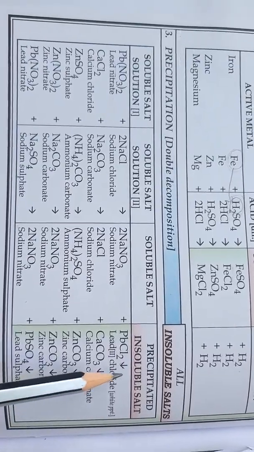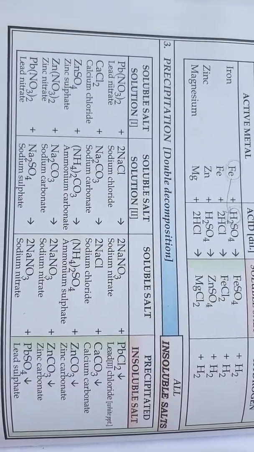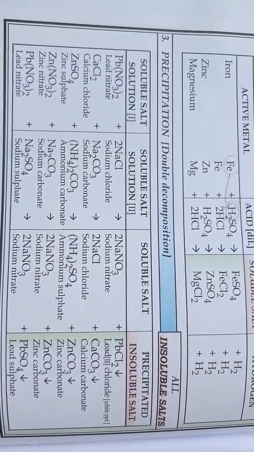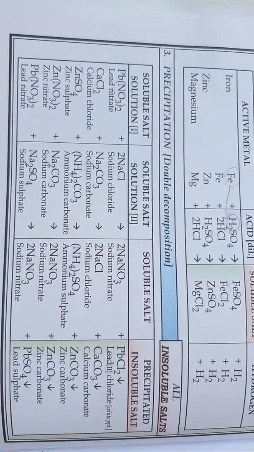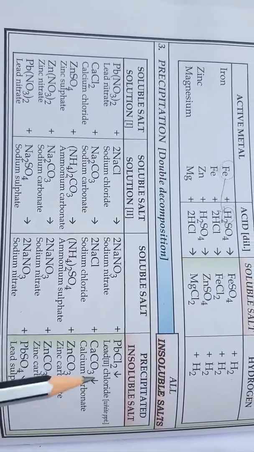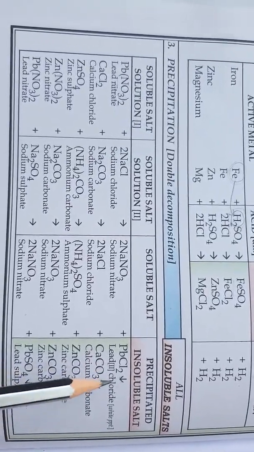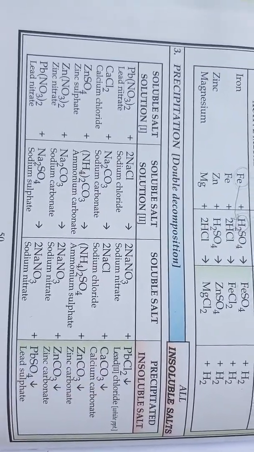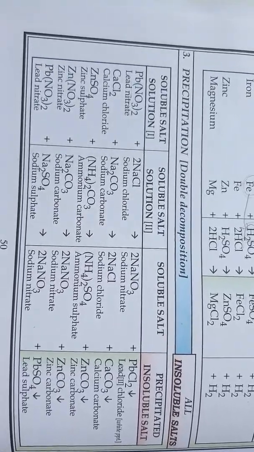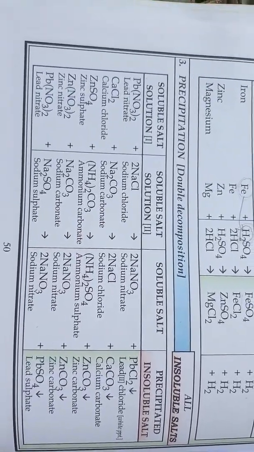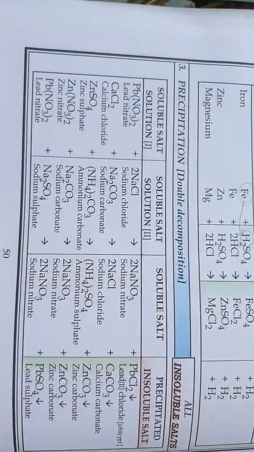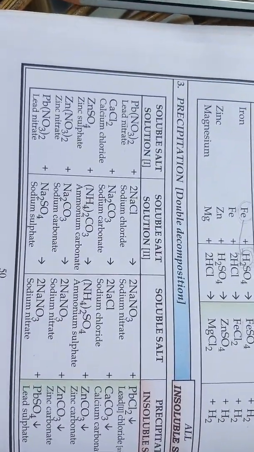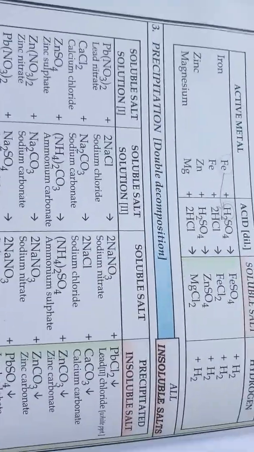When you come across this downward arrow, we learned it in lesson number 3 or 4 in class 9 chemistry, the language of chemistry. In that you come across this symbol. This downward arrow tells us that the precipitate settles at the bottom of the apparatus or test tube. So by the precipitation method we prepare salts, which first is double decomposition, right?